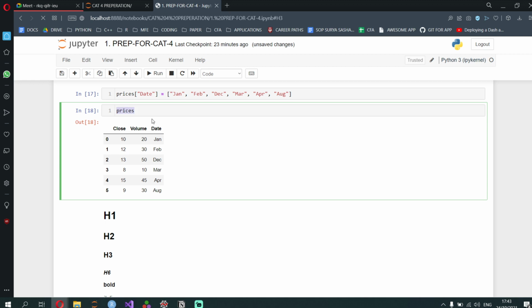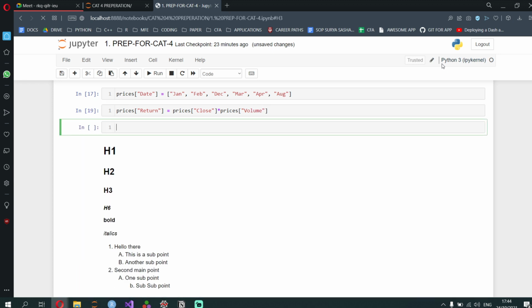Say I want the return. So a return of something will be the closing price into the volume, right? So this is the kind of question that she said, adding a new column based on functions. This will be one of the questions. So the thing will be return is equal to prices of close star prices of volume.